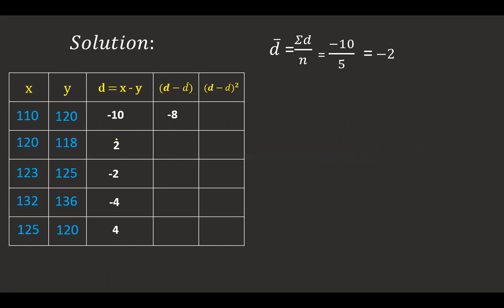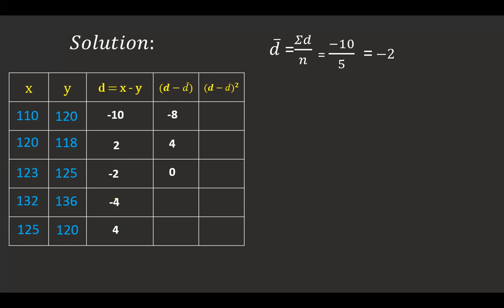Now I'm going to calculate for this. It is 2 minus of minus 2. This is the minus 2 here. So it is 2 plus 2. That gives you 4 here. That's what I'm going to write here as the 4. Okay. Now I'm going to calculate for this. Minus 2 here, minus of minus 2 here. So minus 2, minus into minus plus 2, that is equal to 0. That's what I'm going to write in this here.